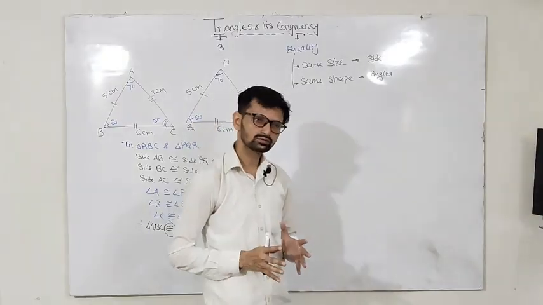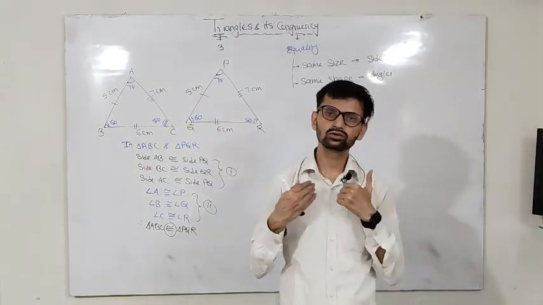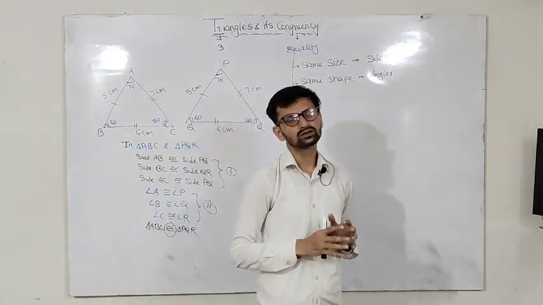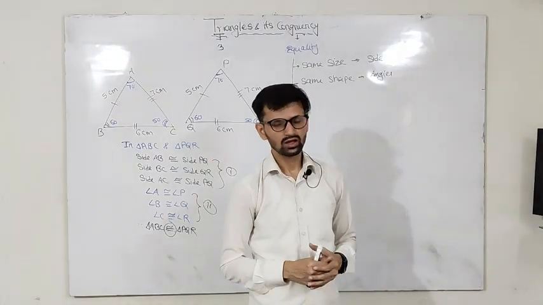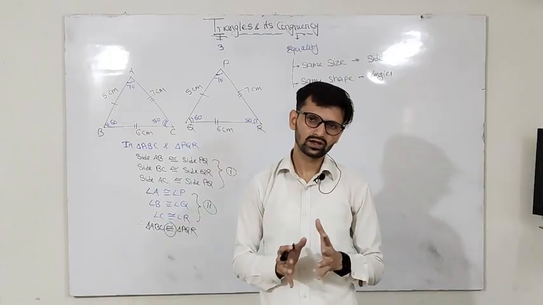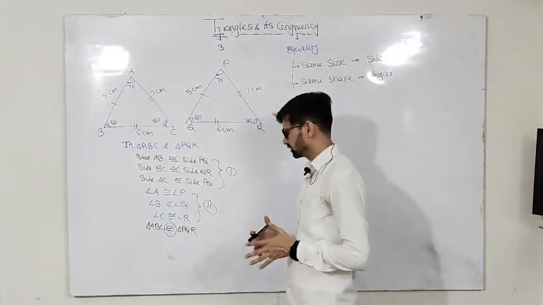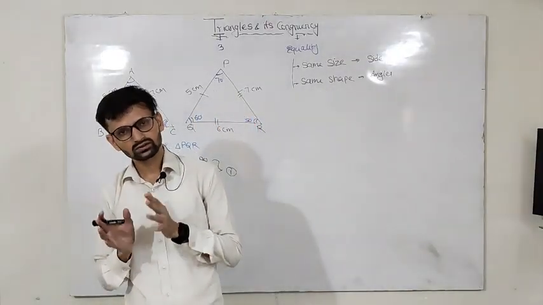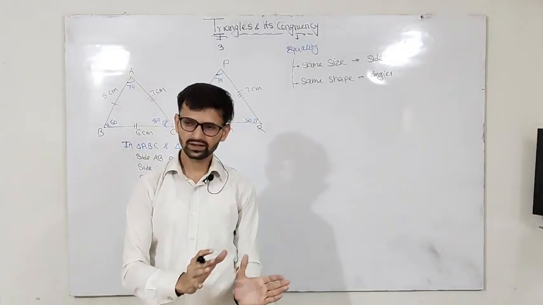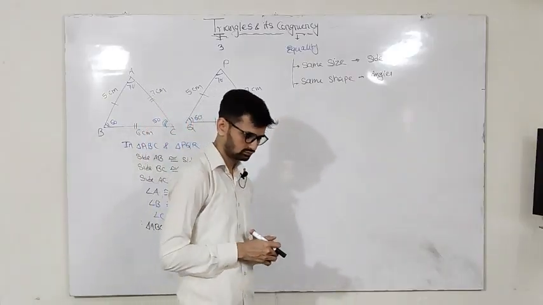If all the sides and angles of the first triangle are congruent to all the sides and angles of the second triangle, then these two triangles are said to be congruent. And if two figures are congruent, then the corresponding sides and corresponding angles will always be equal. So if two triangles are congruent, then their sides and angles will be same or congruent, and if their sides and angles are same, then these two triangles are said to be congruent.